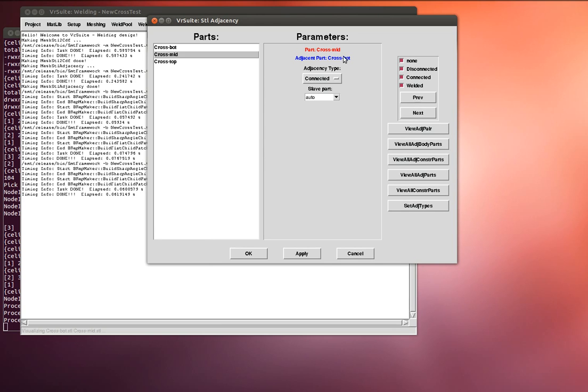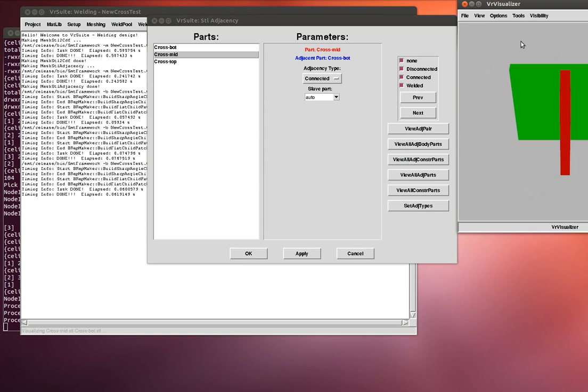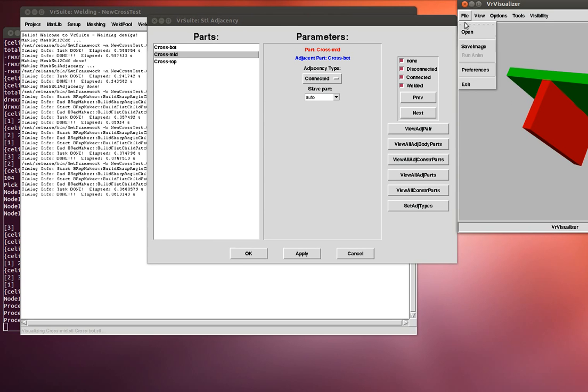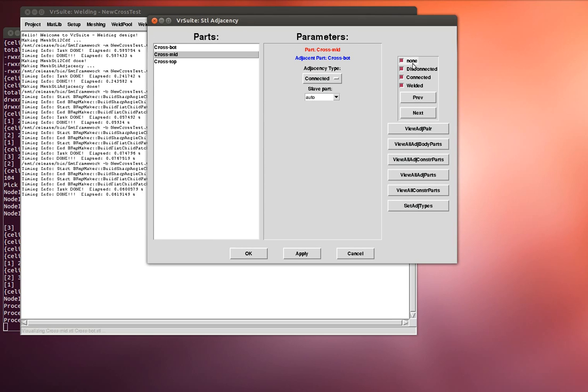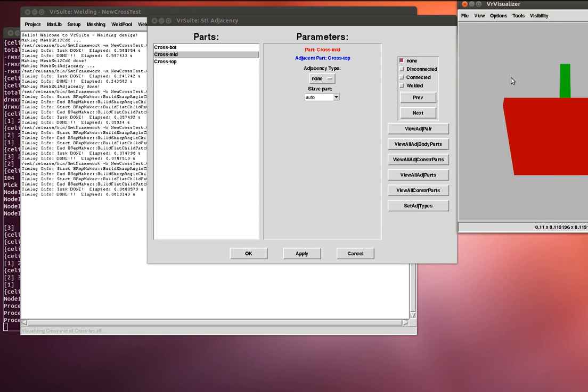Next, we see the names change. These are the same parts, only from the other perspective. What you can do here is simply turn off these other ones and say only show me the ones that have no assigned connection. So we go to our next item that has none, and view,